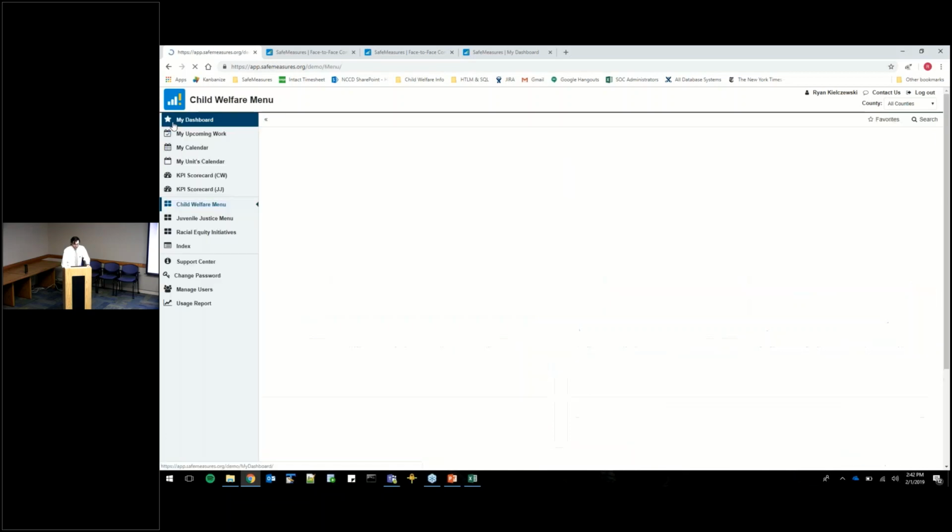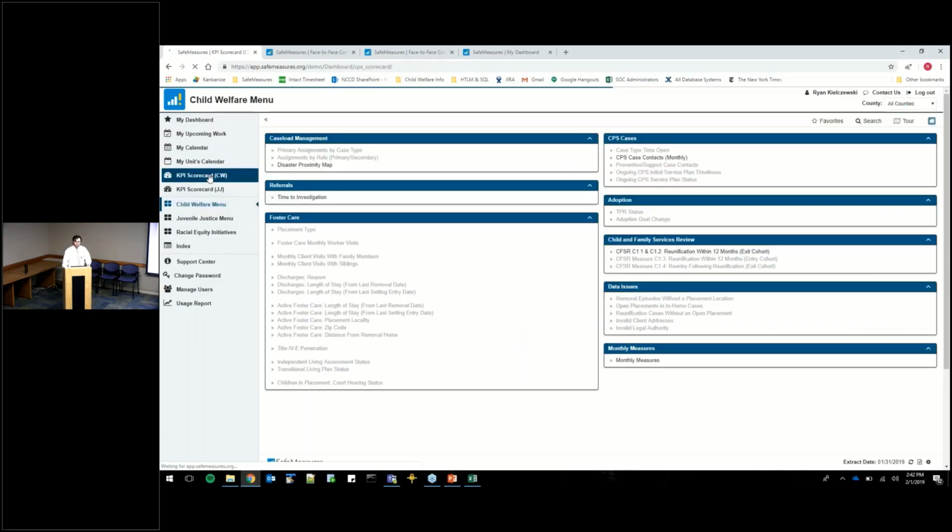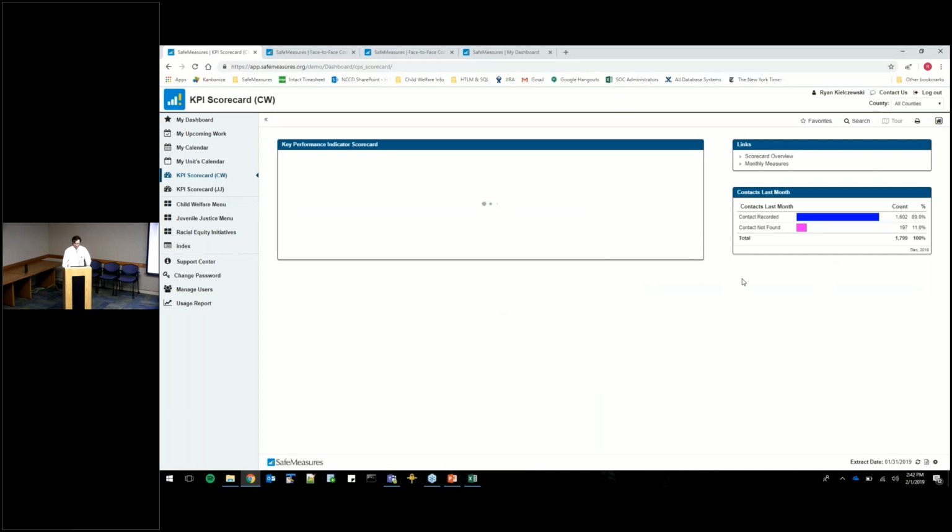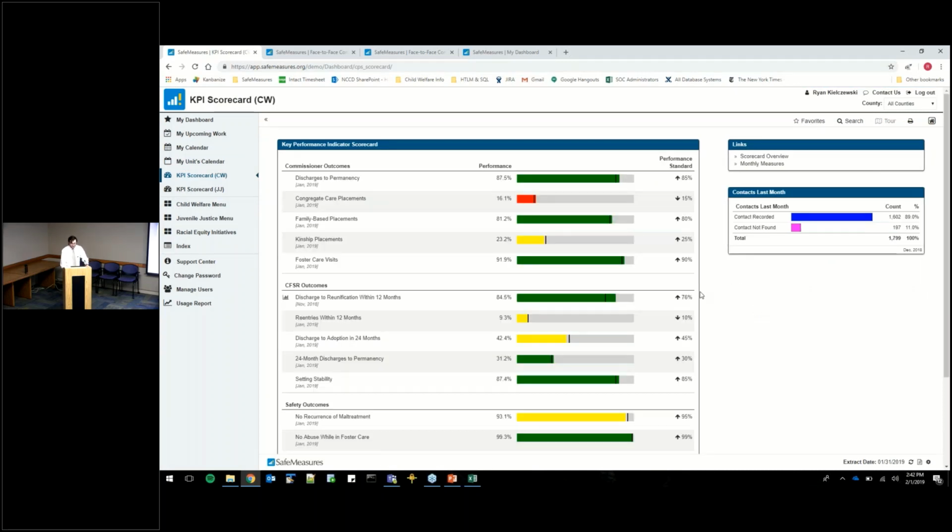And that can be tied back to people being able to view these scorecards, these larger views of aggregate data, to see where people are standing compared to state standards or federal standards,